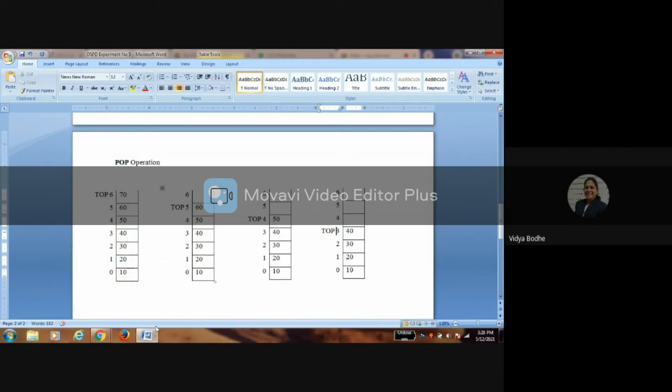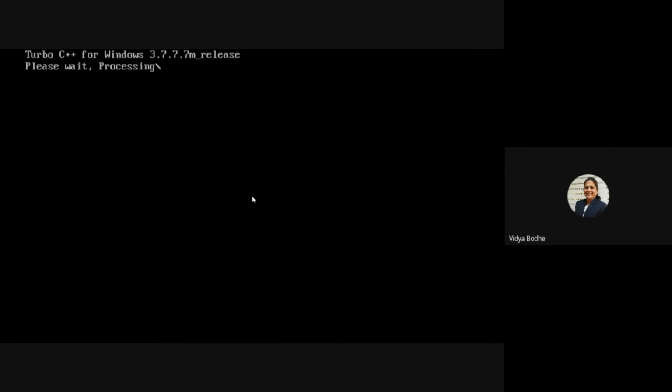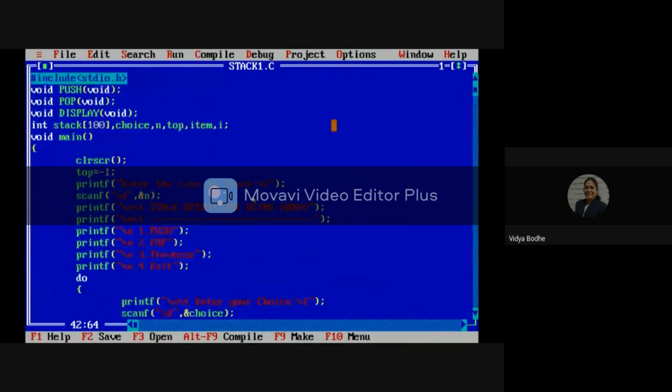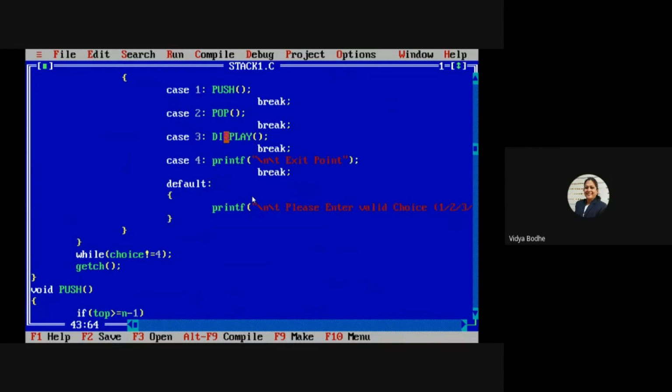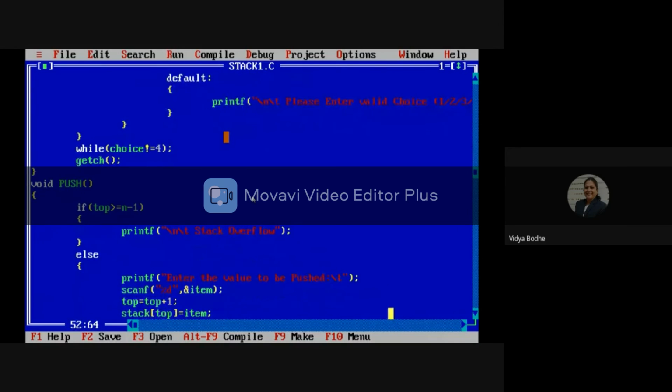Now I am going to implement this push and pop operation using C. This is our program for performing push and pop operation on the stack. Here we use switch case statement for entering choice. This one is the function for push.